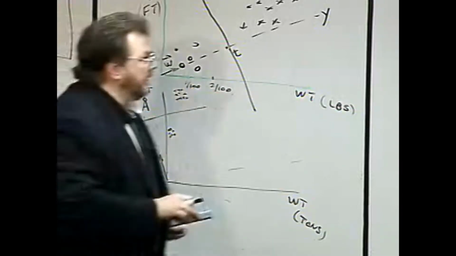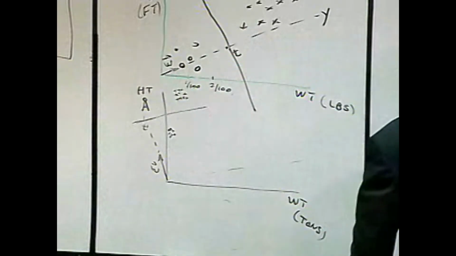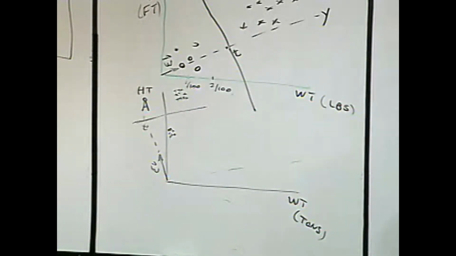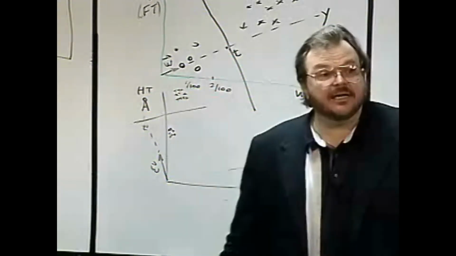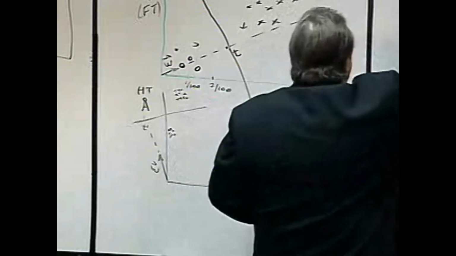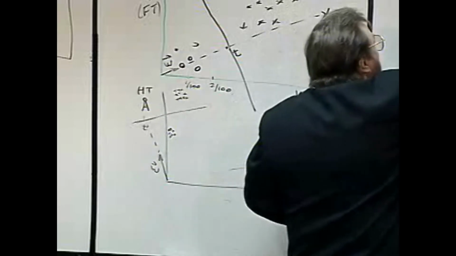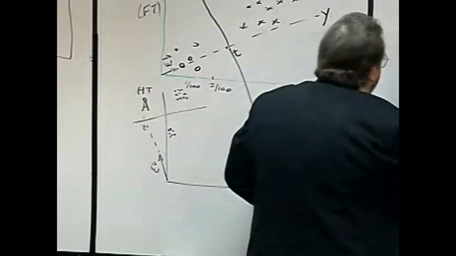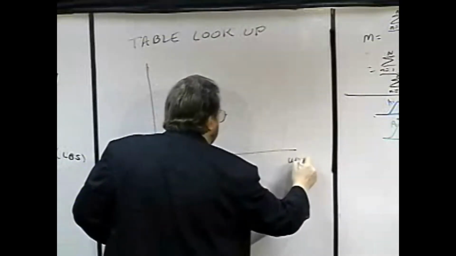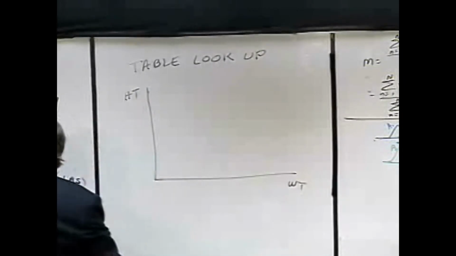There are other techniques which don't have this dimensional aspect to them. And I will tell you one. Here is another classifier which you could use. This is more of a table lookup. Here's the table lookup. Here's the weight, and here's the height. And what we're going to do,